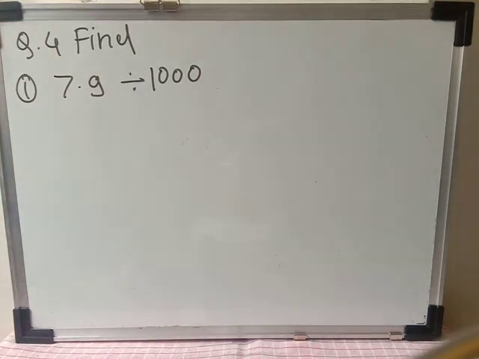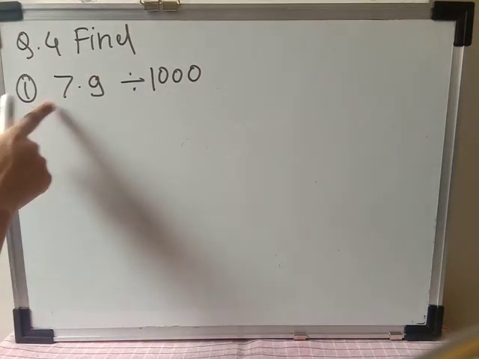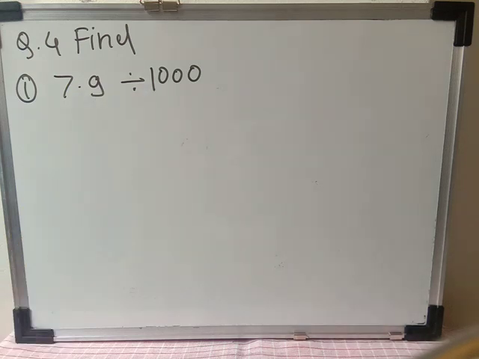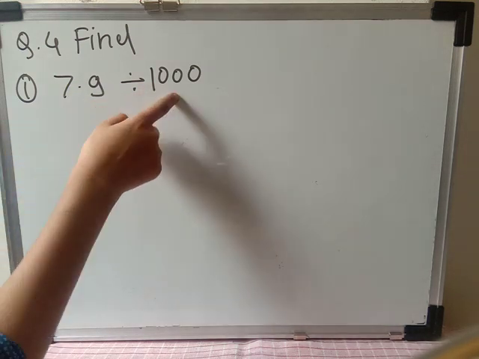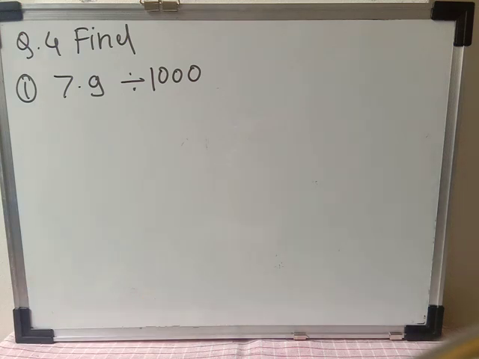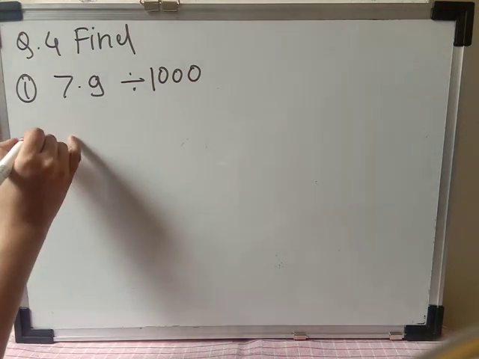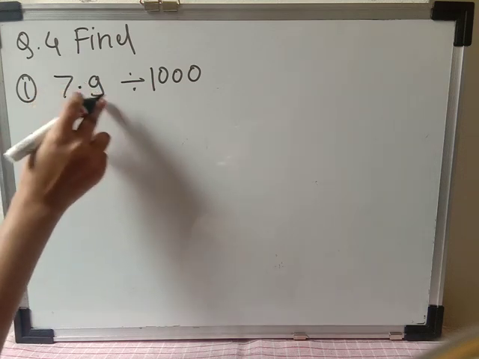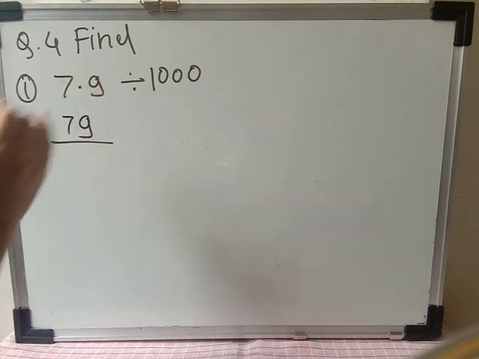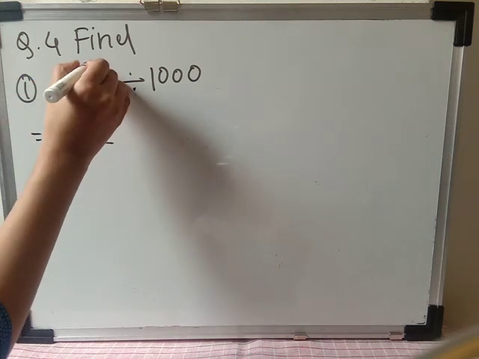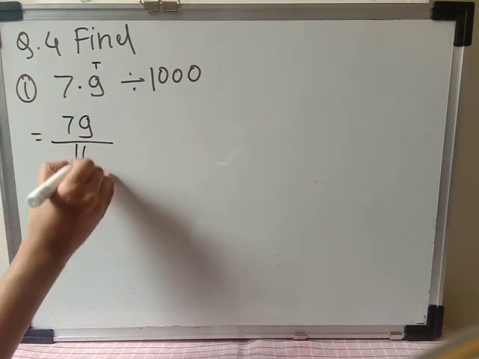Now students, question number 4 here, and the first example is 7.9 divided by 1000. Okay, so directly you can divide the 7.9 with the 1000, you will get the answer. Okay, but here we are going to do the division in a different way. So here I am going to remove the decimal of the decimal number. So here will come 79. After decimal, how many numbers are there? That is only one. It means that is a 10. So divide with the 10.